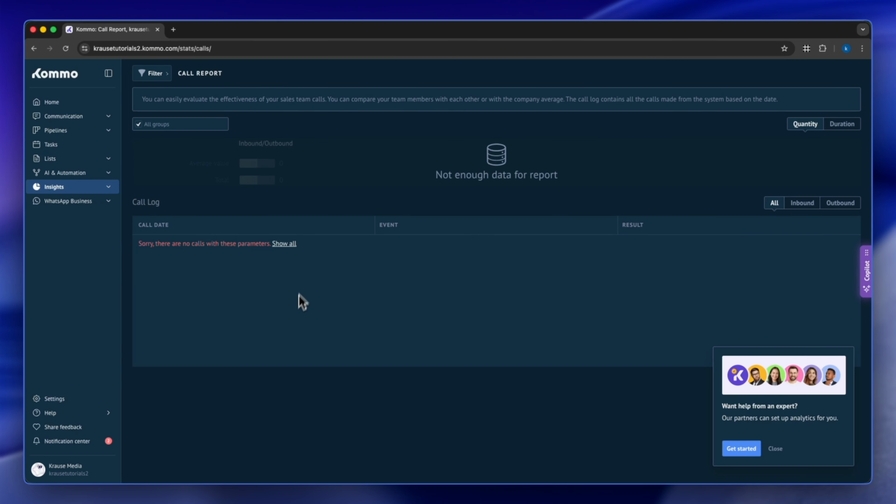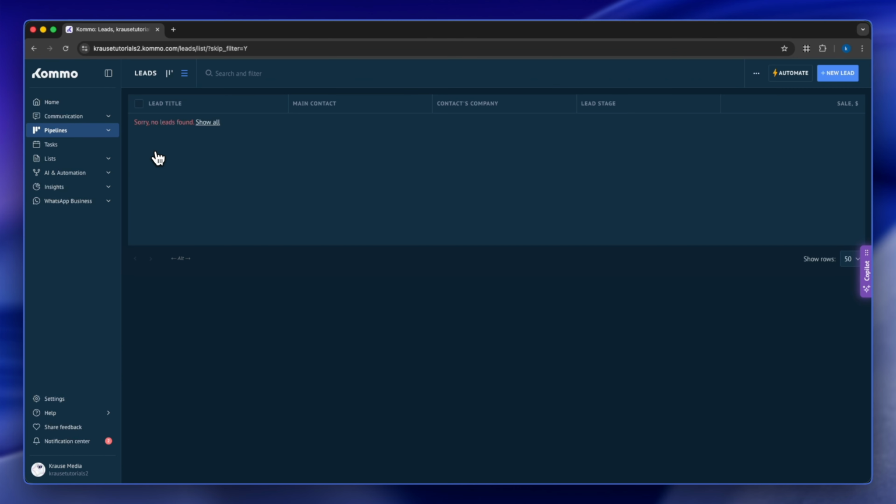a lead. A lead is a potential customer that hasn't really made a decision to purchase your product yet. To create a lead, we're going to go to Pipelines. Pipelines is going to open up a dialog box, and you can go to All Leads. Now, under All Leads, when you check at the far right of the screen, you can see New Lead. You click on New Lead,